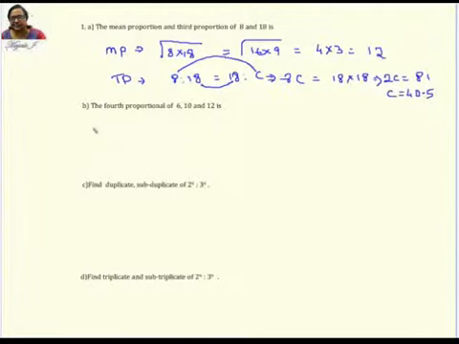Okay. And the fourth proportion. So when you go for the fourth proportion, here what you do is 6 is to 10 equals 12 is to x. So you have to find x. It's almost the same. So you can see these are the different definitions. Usually for the mean proportion and third proportion, two values will be given. Whenever it is mean proportion, you have to take the root of these two values. And for the third proportion, you are just relating it in this way: A is to B is the same as B is to C.